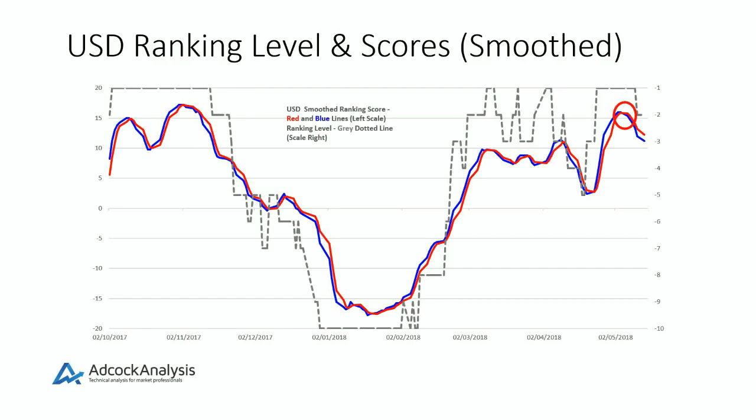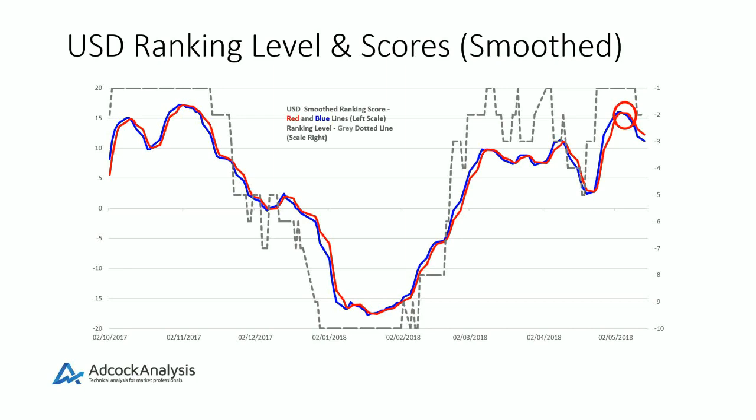So staying with the cable example, we can see that US dollar smooth scores crossed lower on the 7th of May. Not necessarily a negative signal because ranking levels are still first or second, but certainly showing that the recent strong performance of the dollar is eased somewhat. So we now have declining scores for both US dollar and sterling. Not the type of backdrop that you would anticipate the recent aggressive downside move in cable being continued. So in other words, the risk is that we may well enter into a more prolonged consolidation period after the